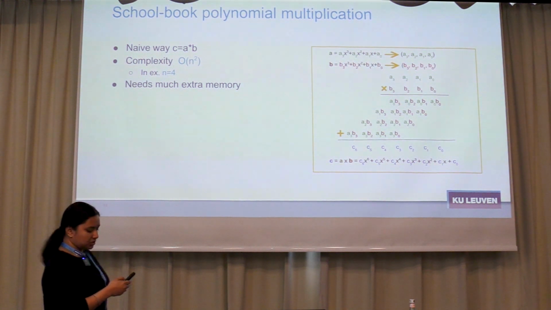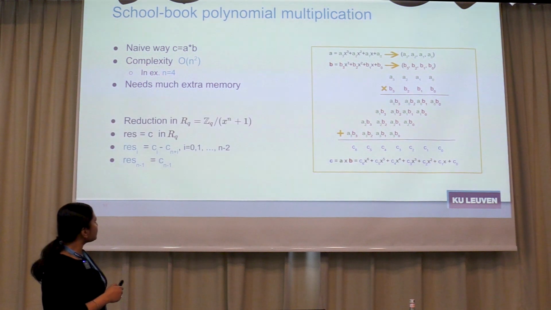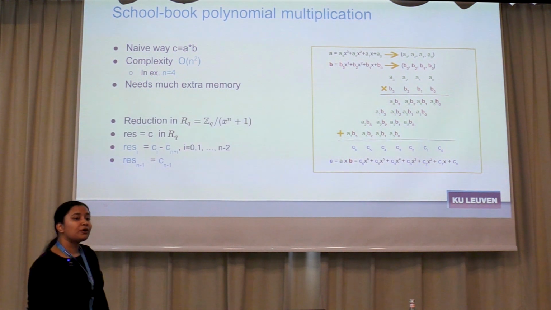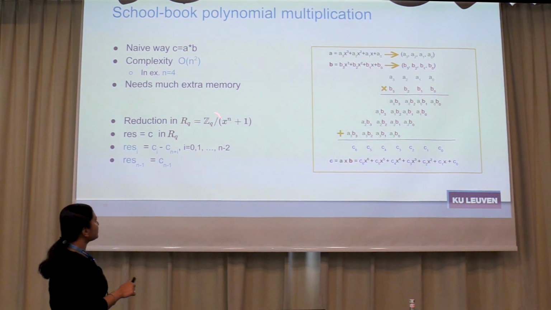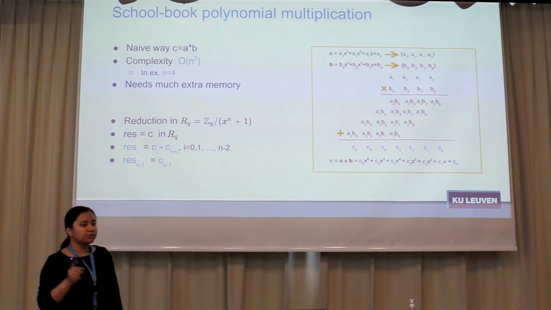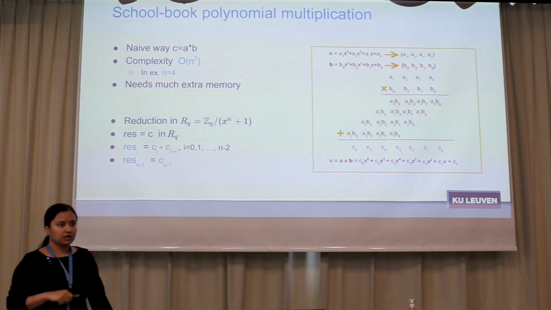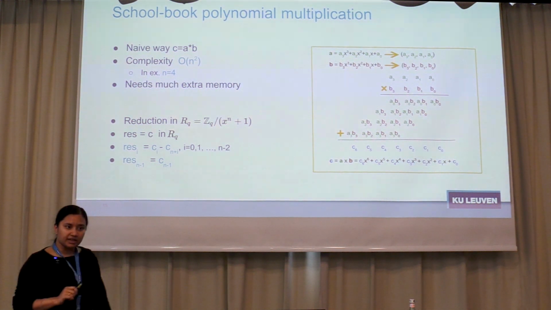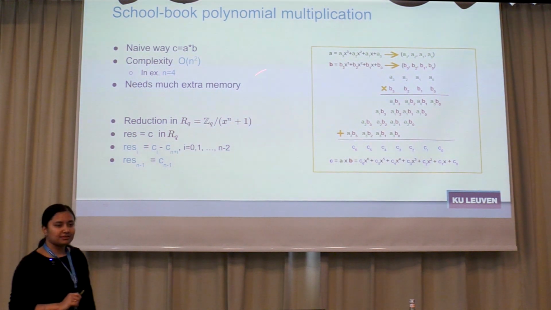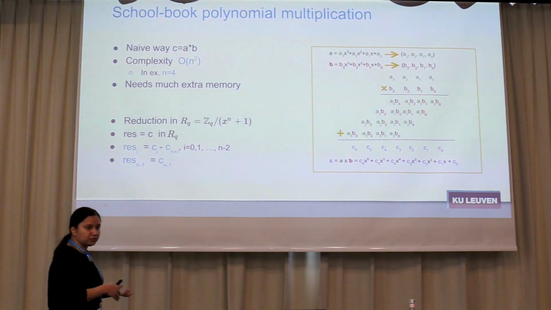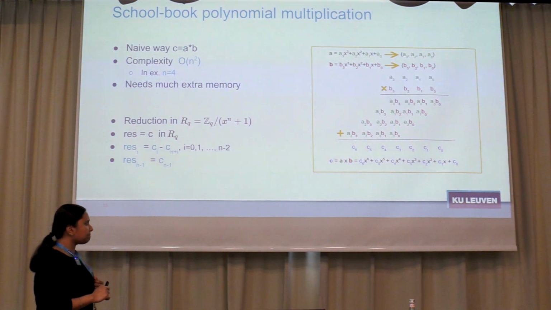Yeah, that's all for polynomial multiplication. Oh yeah, for post-quantum schemes, we used this ring size, right? Which is Zq[x] modulo x to the power n plus 1. And we have to do a reduction. After doing the polynomial multiplication, we have to do that reduction, and it's